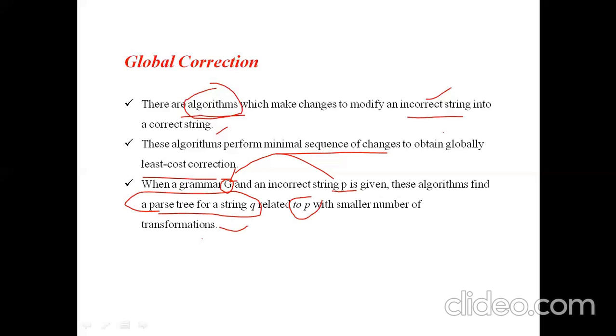That means since the incorrect string P does not match the grammar G, the algorithm will generate another string Q, with slight modifications to P, with minimal changes to P, which is as per the grammar G.